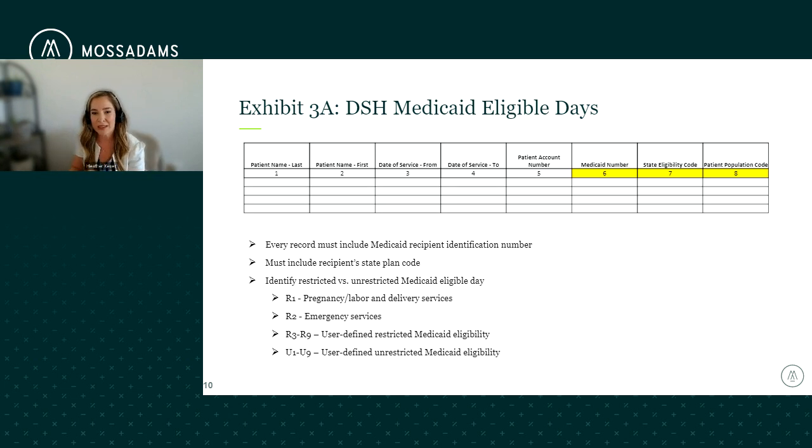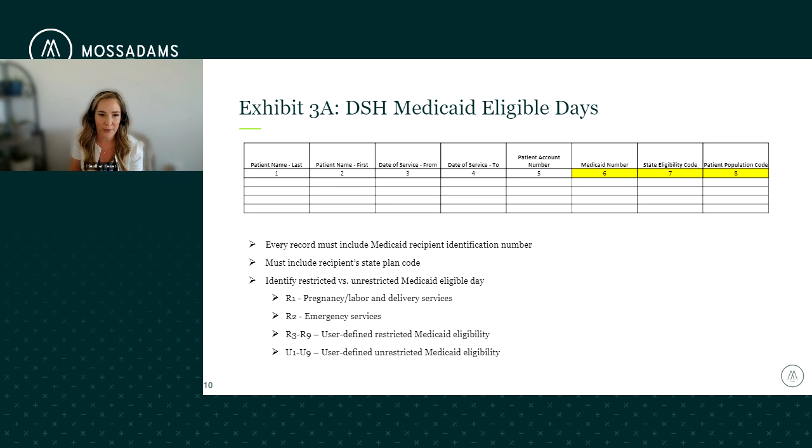As far as the state eligibility codes and patient population codes, this is where it started to get tricky, depending on the state eligibility research that we do in-house. We have the capability of electronic matching in over 38 different states here. And what we do internally is we scrub and research all different types of state eligibility plans.